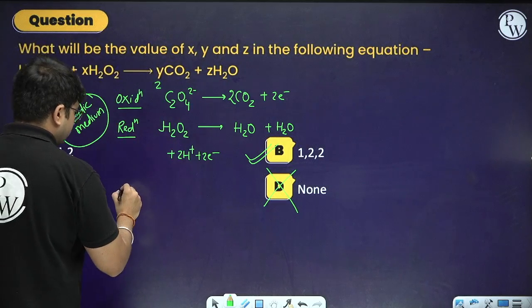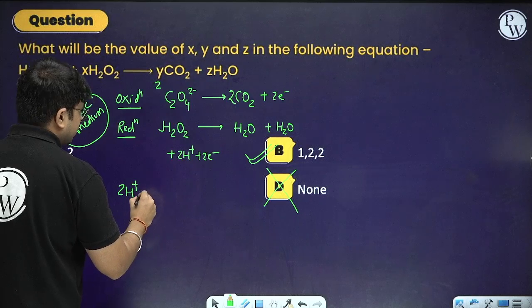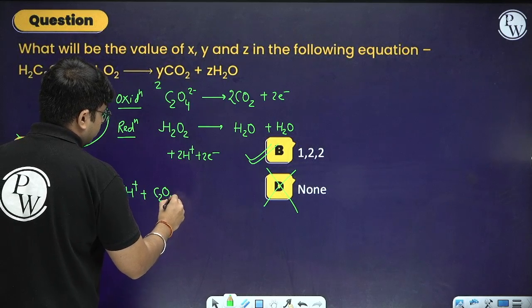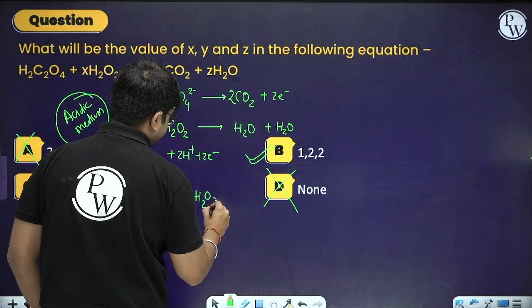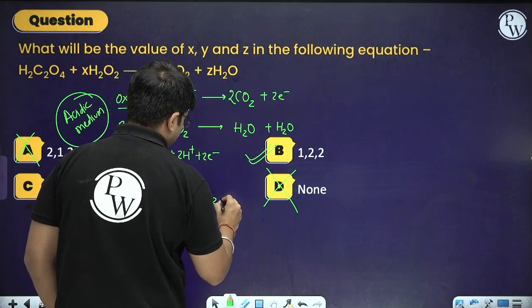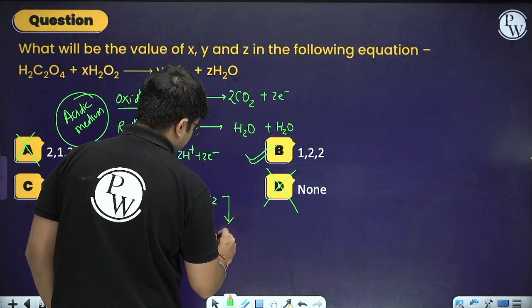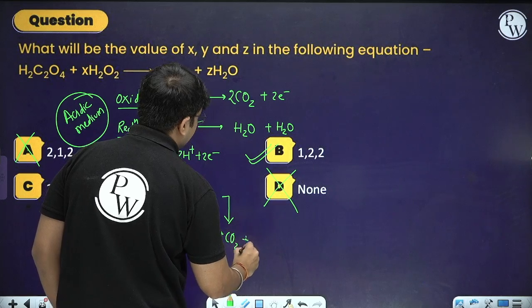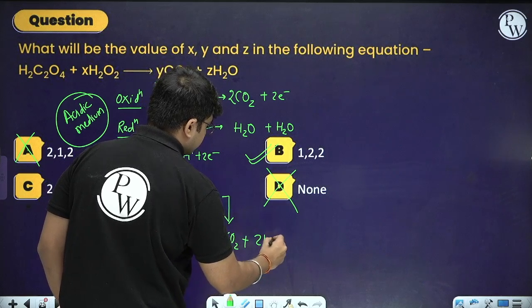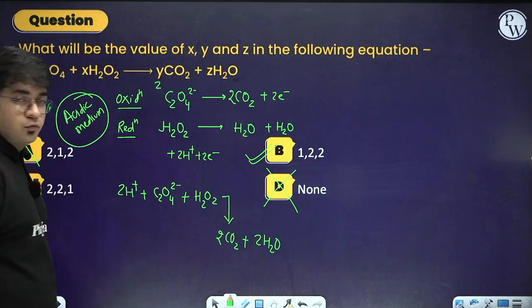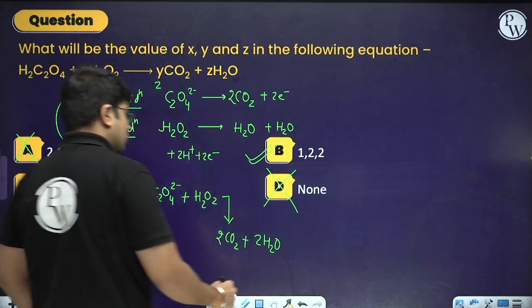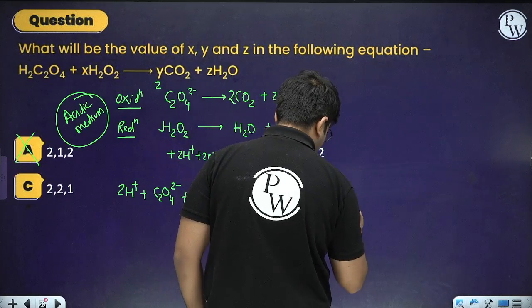So what you can do, you can write 2H positive plus C2O4 2 negative plus H2O2 gives you 2CO2 plus 2H2O, and the 2 electrons are getting cancelled. 2H positive plus C2O4 2 negative is H2C2O4. So you can rewrite this equation, which is